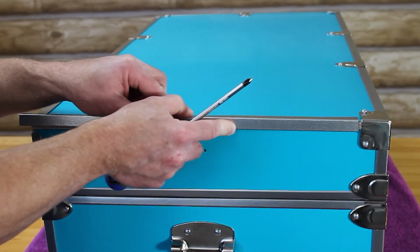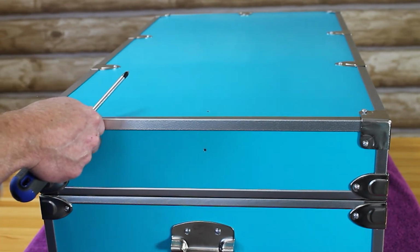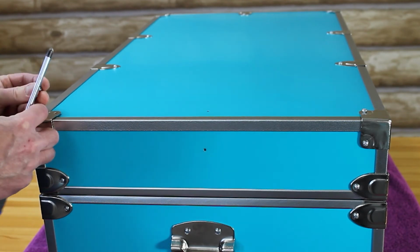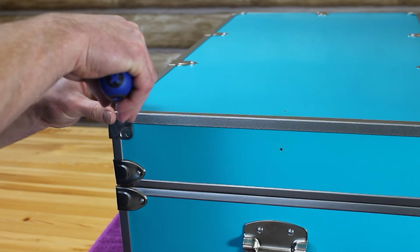We'll take our new piece of trim and slide it under that far corner protector. We'll take that corner protector that we removed and let's get that reattached. We'll start with that top screw,